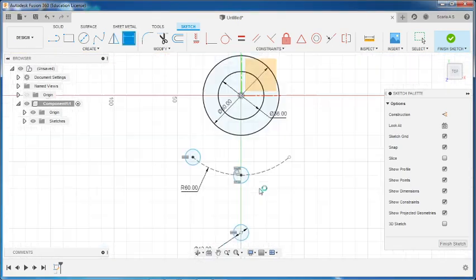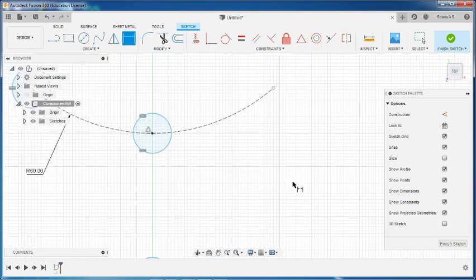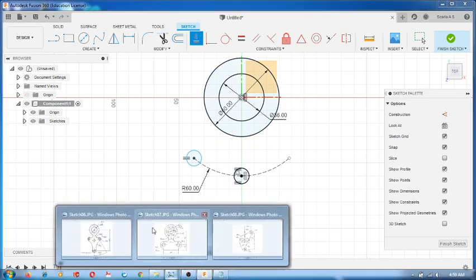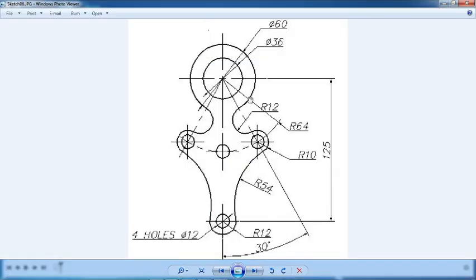And this is vertically aligned. So give horizontal vertical, select this point and this point vertical. Similarly, this point and here this is vertical,